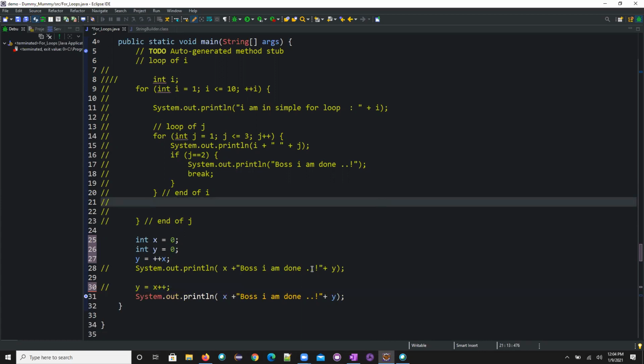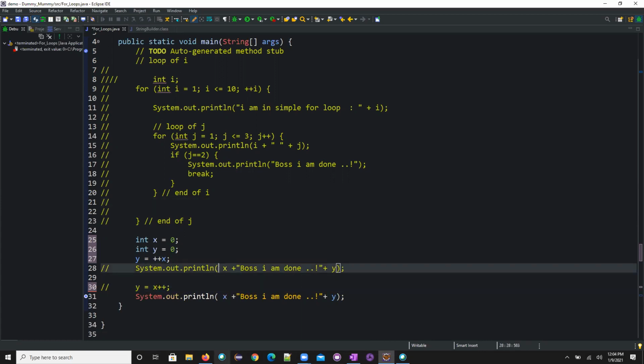Now, what I'll try to do, I'll keep that x value, okay, plus, first of all, remove the comments now, and then y value. Okay, so let's see what it will print for me.